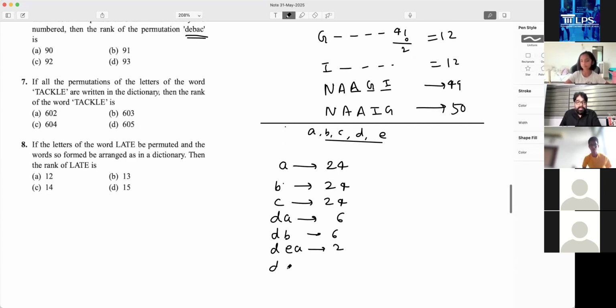And DE, after that, what will come? B, that is part of the word. I will not count. And then after B, what will come? A will come. That is part of my word. I will not count. After that, only C is left. Means we got the word. Means our word is here. Before that, how many numbers are there? This many numbers are there. So 24